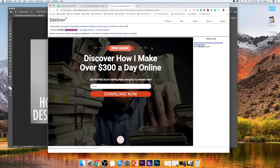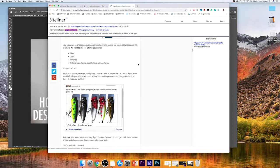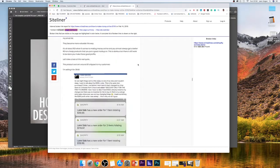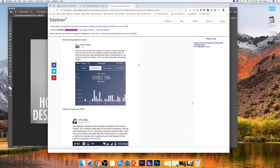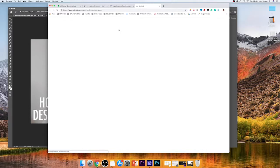So let's just have a look. It's not letting me scroll for some reason. Let's get off this. Yeah, so we can come down and we're going to see a red highlighted link. There we go, so that's where it is. Yeah, my Shopify students. Now, if I open link in new tab, you can see here this is how it